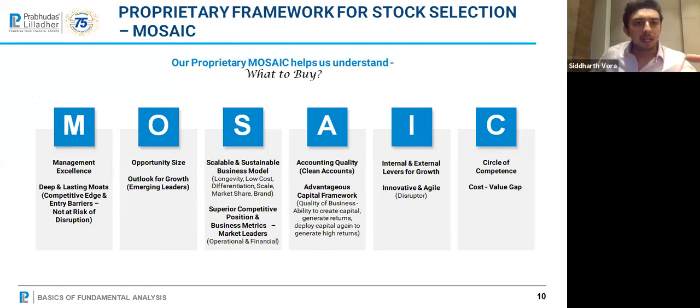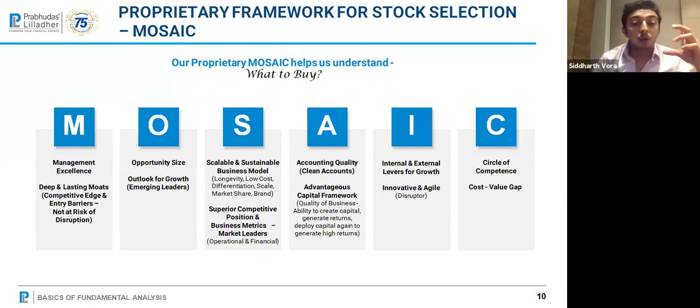So every company and every industry is defined by its characteristics of how much capital it can create, what return it can generate on that capital, how much free capital it can create, and whether it can redeploy that capital in the business to earn the same returns. If you understand this whole flow, this is going to be the most defining characteristic of an investable quality business. I will explain it in a little more detail because I think this is extremely important.